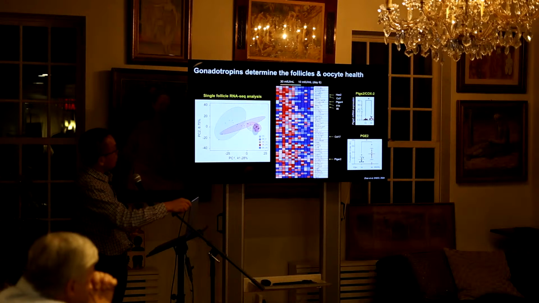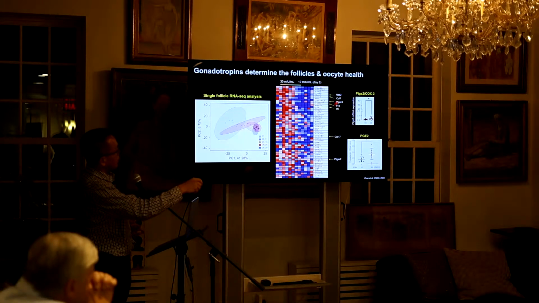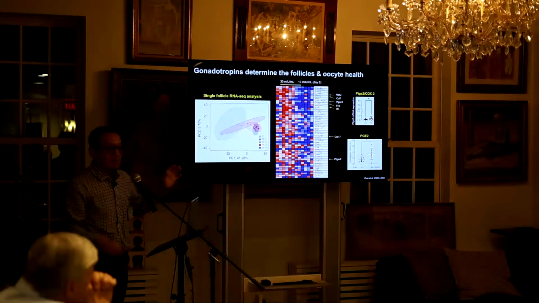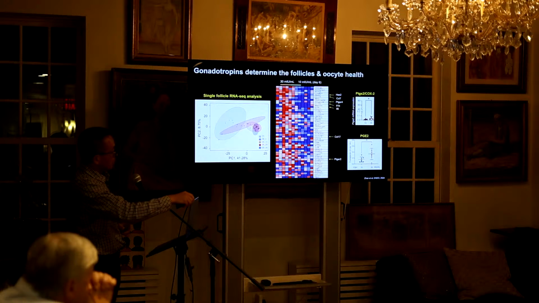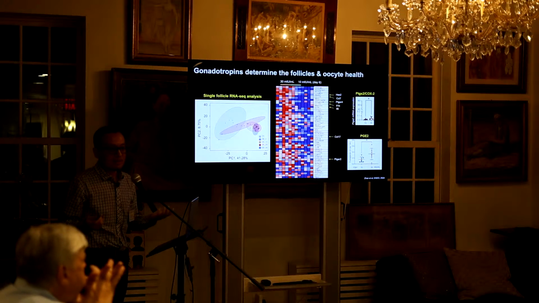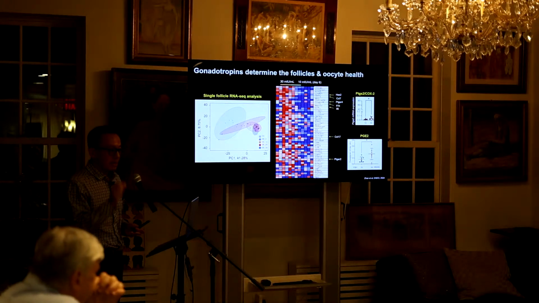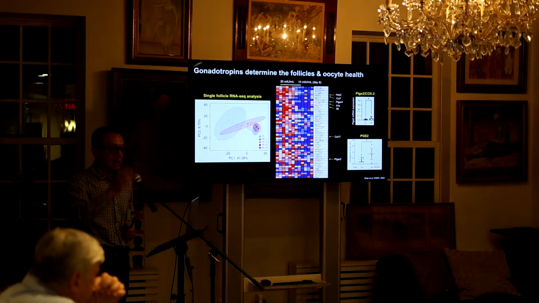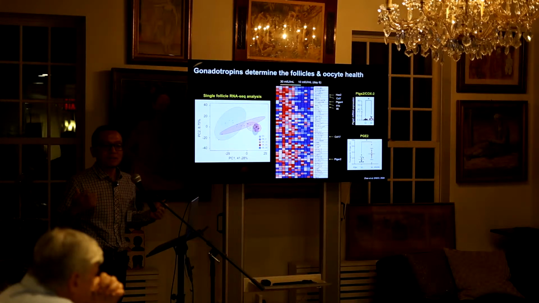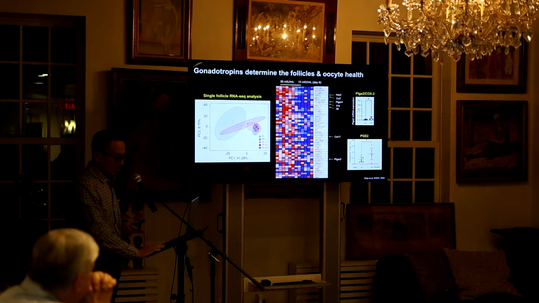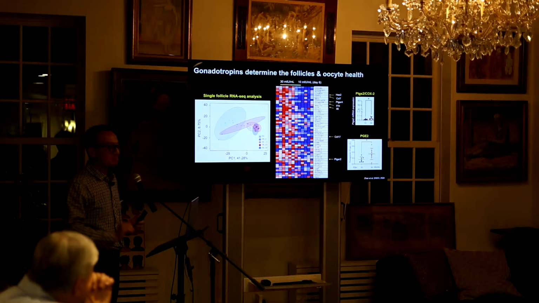For example, we see a big induction of some ovulation-specific markers and also a lot of inflammatory genes. And we also measured the media to see how much prostaglandin is there. We also see a significant increase of prostaglandin. Prostaglandin is not good for the ovary. It is only good for ovulation, but it needs to drop. Otherwise, it will do some bad things, especially increase the risk of ovarian cancer. So that is what we found, but we don't know whether it happens in humans as well. So that's what we rely on the people in this room.